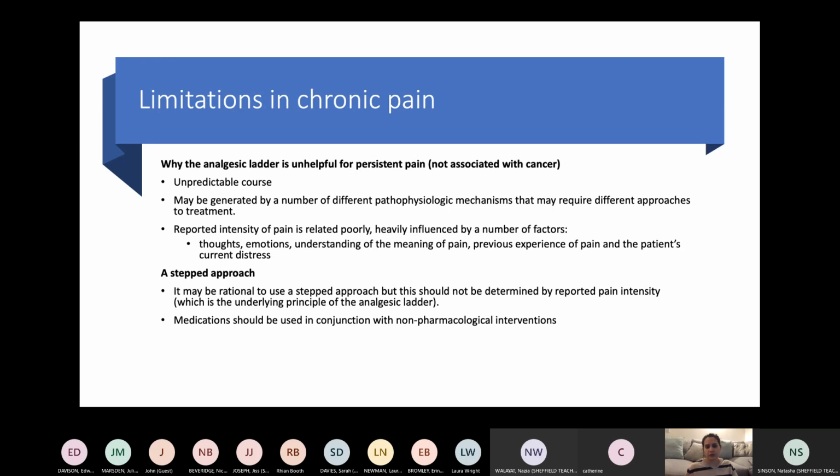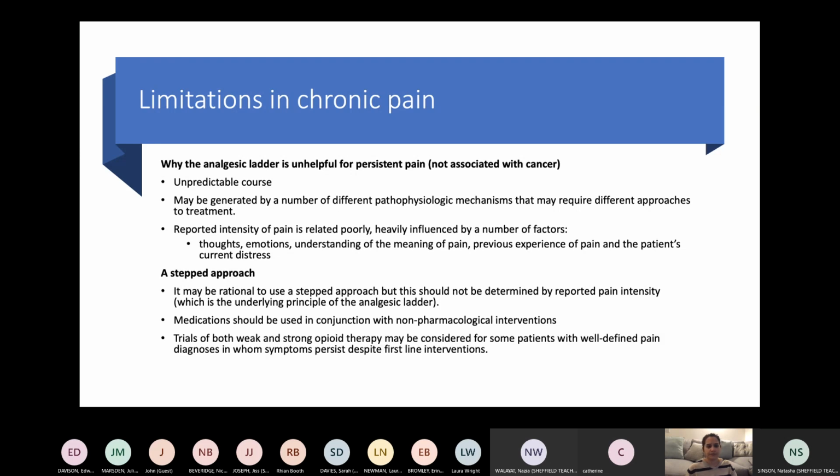Medication should be used along with non-pharmacological measures, so things like physiotherapy or even meditation or mindfulness, that sort of thing, or acupuncture. I think that's quite a good one. And then trials of both weak and strong opiates can be considered, essentially, if the first line symptoms don't work as they should do, and also to just continue to review. And I think that's one of the main things in medications with older people, is continuing to review what's going on, because the main thing you don't want is their medication list to be building with all those side effects